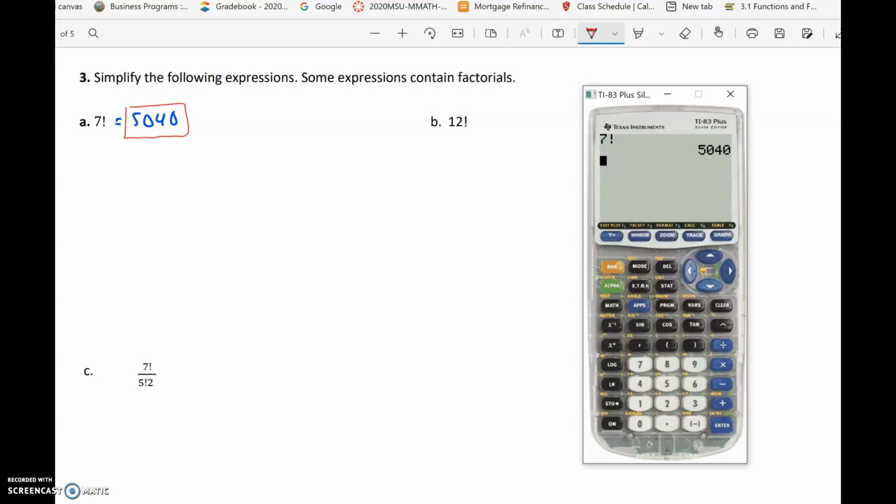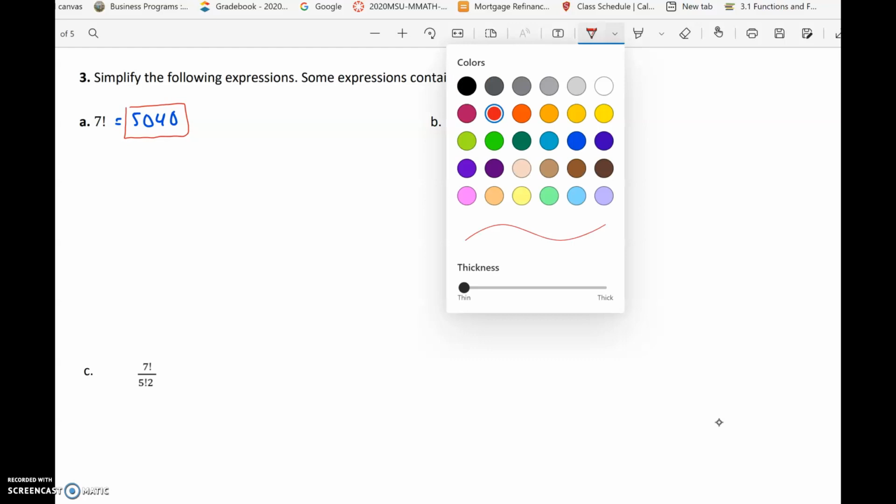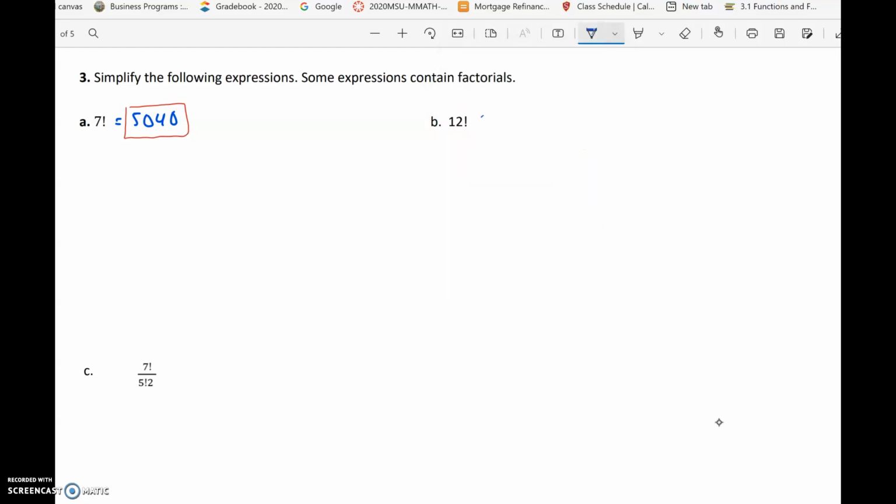Okay, let's evaluate 12 factorial, which is going to be a very large value. So 12 factorial is equivalent to that really large value. Let me write it down. So this is equal to, it was a